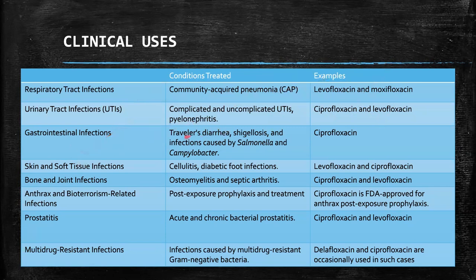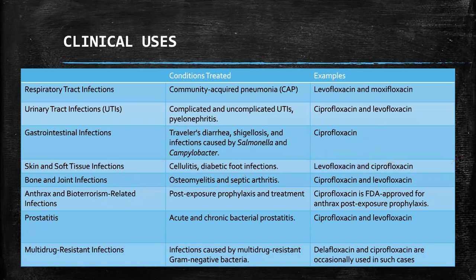Gastrointestinal infections like traveler's diarrhea, shigellosis, and infections caused by Salmonella and Campylobacter, you will go towards the ciprofloxacin antibiotic. Skin and soft tissue infections like cellulitis and diabetic foot infections, levofloxacin and ciprofloxacin will be the drugs of choice in that case. Bone and joint infections, osteomyelitis and septic arthritis, ciprofloxacin and